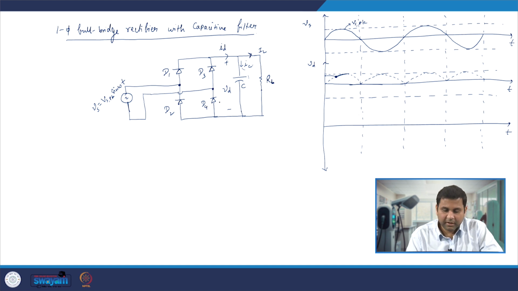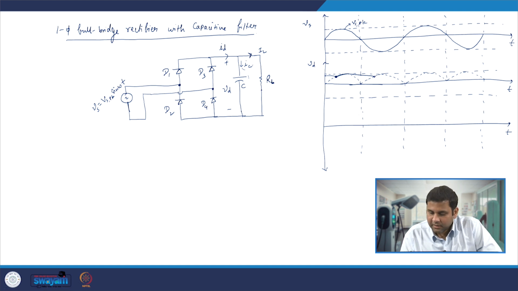As a result the load will get power from this capacitor, I mean the capacitor will get discharged, and it will supply the required current or the power to the load. Hence you will see that the capacitor will be discharging, and it will discharge until the next point where again this Vs will become greater than Vd, and at that point D2 and D3 will get forward biased,